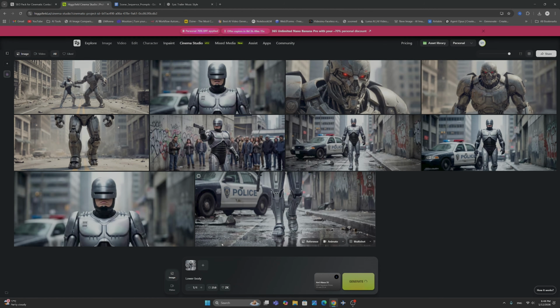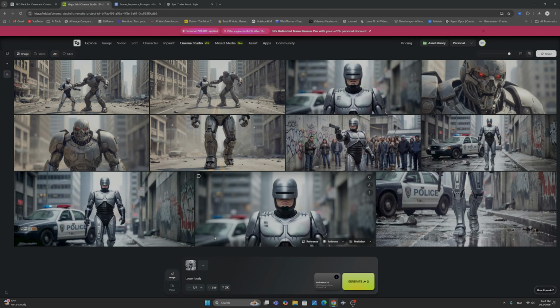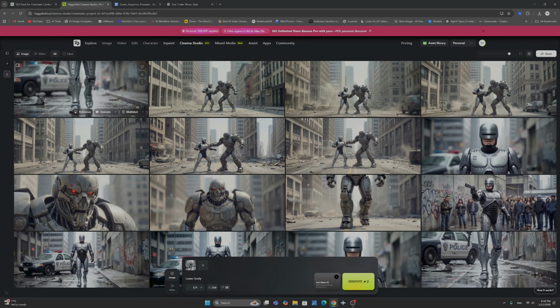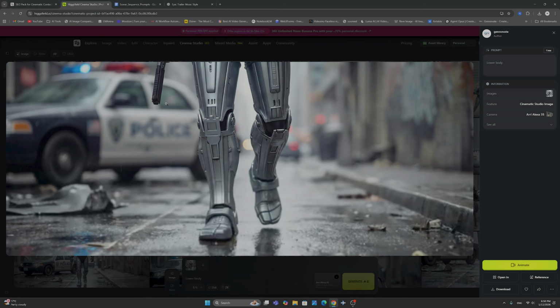So we're going to click here once and wait for the image to generate. And as you can see, we now have a 21:9 aspect ratio image of the lower body of RoboCop. And the details are simply exquisite. This is really next gen, guys. Very, very good. I suspect that they're actually using Nano Banana Pro with maybe some other models to generate these